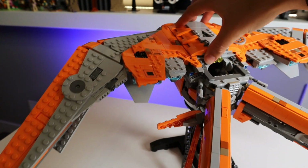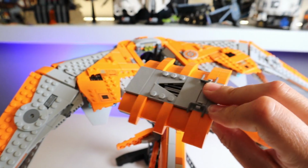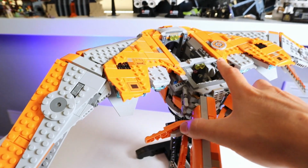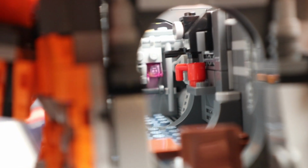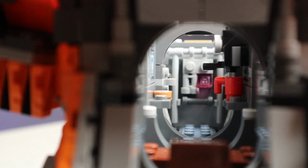I find it a little bit tricky to grab if I don't take the back one off first, and those little bucket handles do not do much in the way of actually being a handle to lift this up from. Looking to the interior of the ship, we actually get some fun, playful features with the coffee machine and the red mug. I like the use of the arches